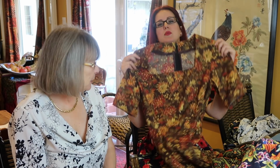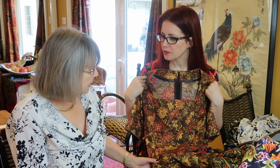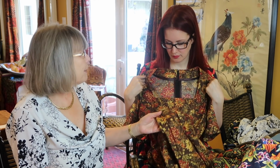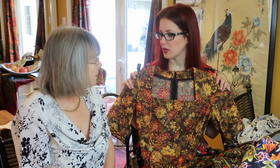So yes, and again, this was a wearable muslin, wasn't it? Well, yes, and it was material that I bought for you to make me a nice dress with. Yes, and this is the trouble with working for other people. I just never had any time to make anything for friends and family until it became like, oh, I'm going on holiday, I need my dress that you promised me last year. So, wearable muslin, which worked out really well, which meant that you then used...